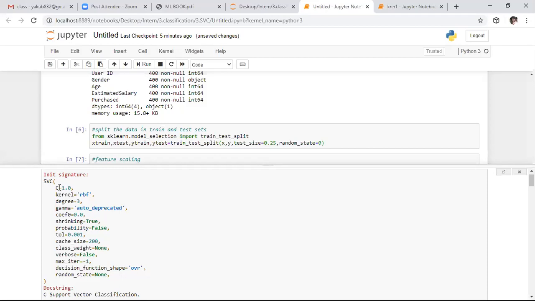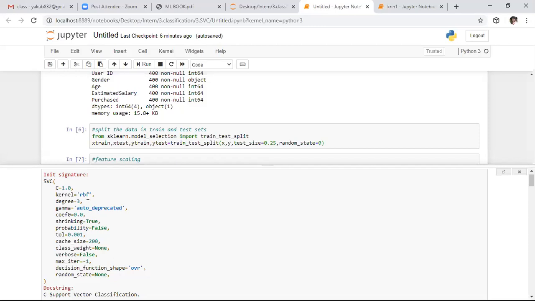Kernel, we have different kinds of kernel. By default, the kernel is the radial basis function, that is nothing but the Gaussian kernel. After watching the intuition videos, you will get to know the difference between these different kernels. After this, we have the gamma parameter. As we already saw, low gamma, high gamma, right? Like that, here we have the gamma parameter. These are not that important. The major attributes are the kernel as well as degree. By default, the polynomial degree will be 3 only. So RBF degree by default is 3 only.